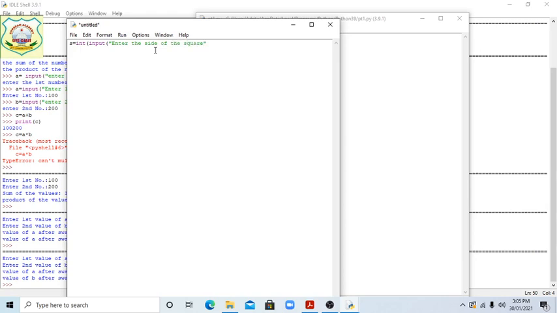See this, what happened, students. Next one is, we will write here area, that is AR equals, because you know area is side into side, so side multiply side. Now if you want to find the perimeter also, so P equals, what should be, students, 4 into, 4 multiply side, okay.